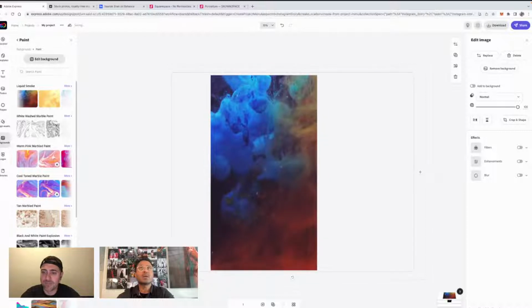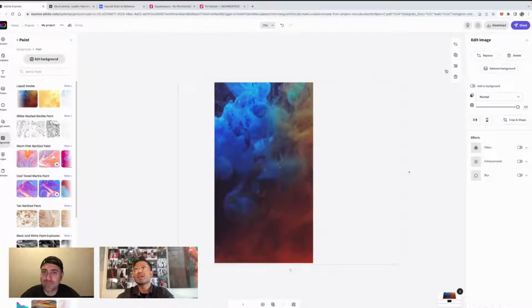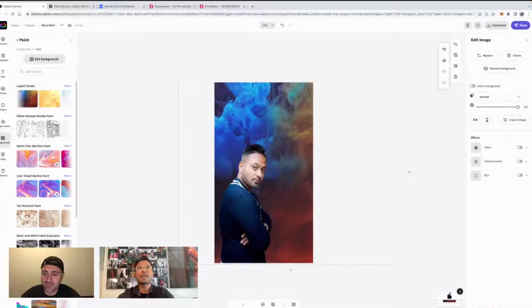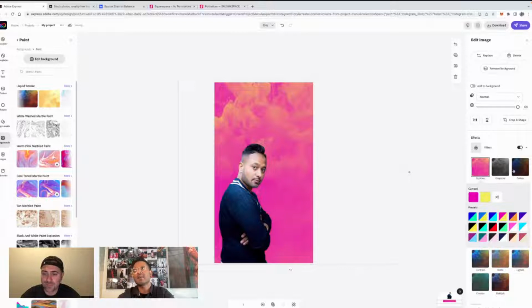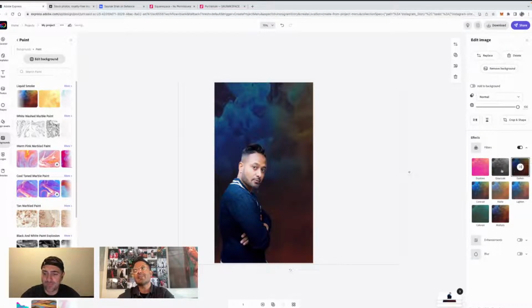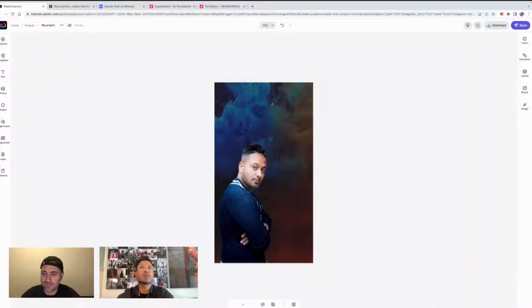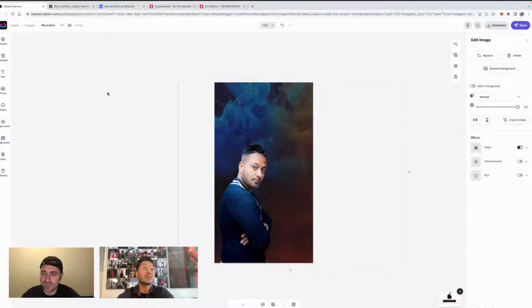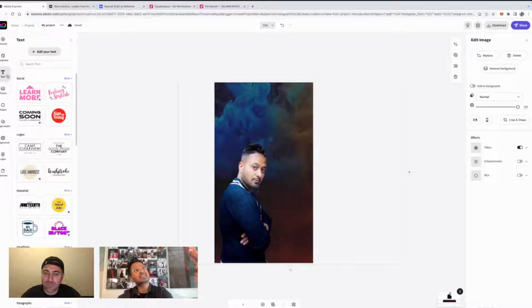Now here we have a sorting functionality, so I can move it to the back. And then we have cool filters here too, which is amazing. I can basically darken the background if I wanted to. I can make it grayscale. Again, I think the UI is so intuitive. It's one of those things that we all need to test out. And Adobe Express is, by the way, free for a lot of folks who want to try it out. So if I go to text now,